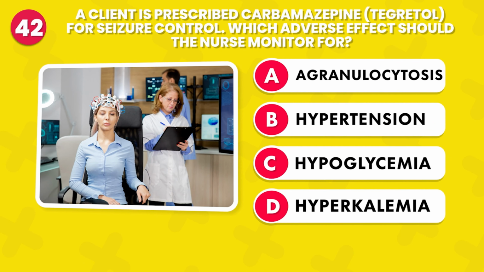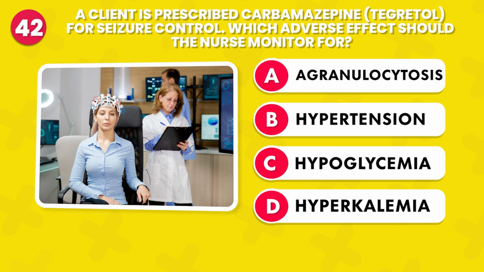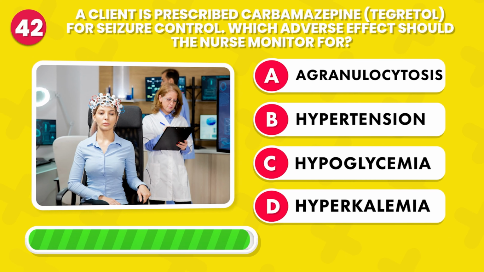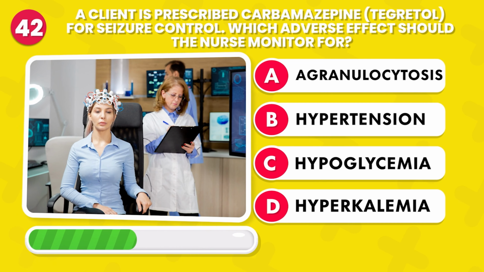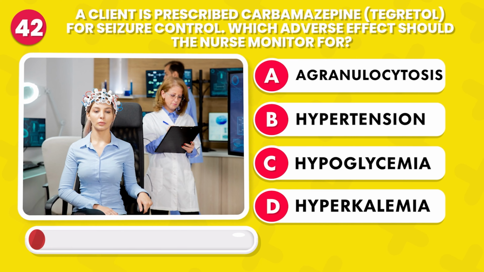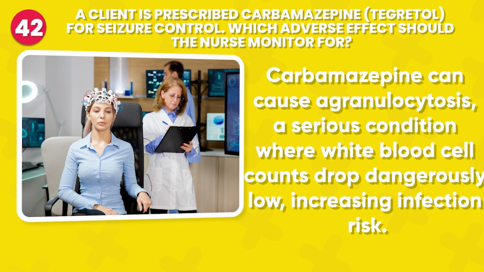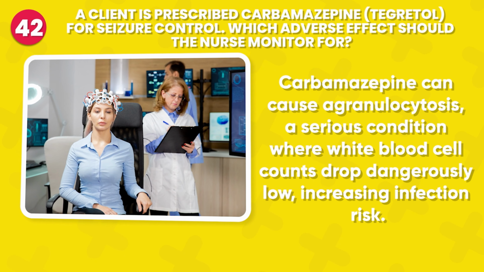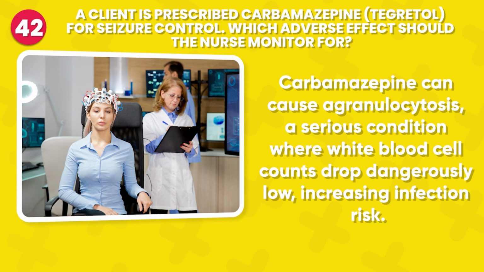A client is prescribed carbamazepine, Tegretol, for seizure control. Which adverse effects should the nurse monitor for? A. Agranulocytosis, B. Hypertension, C. Hypoglycemia, D. Hyperkalemia. It's A. Agranulocytosis. Carbamazepine can cause agranulocytosis, a serious condition where white blood cell counts drop dangerously low, increasing infection